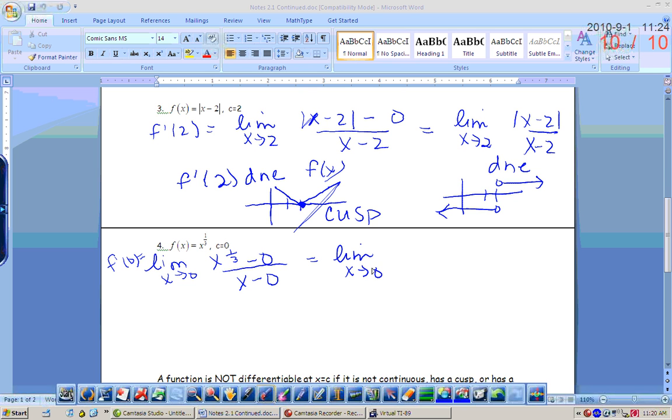And then over x minus 0. So it's the limit as x approaches 0 of x to the 1/3 over x. You could just type that into your calculator the way that you see it. Or is there a way to simplify x to the 1/3 over x? Okay, x to the -2/3. So the limit as x approaches 0 of x to the -2/3